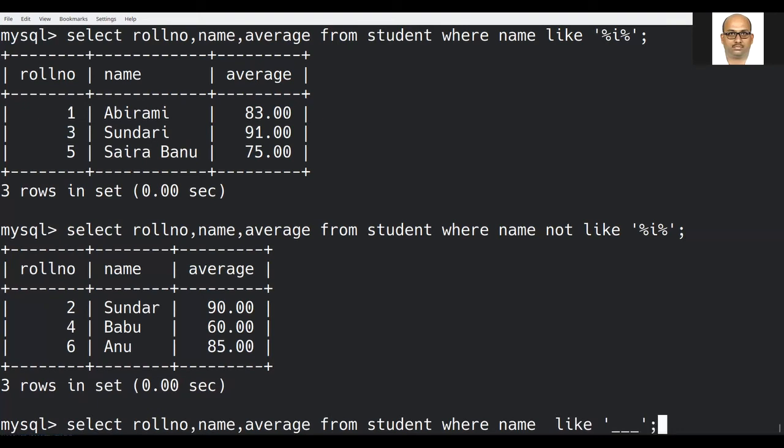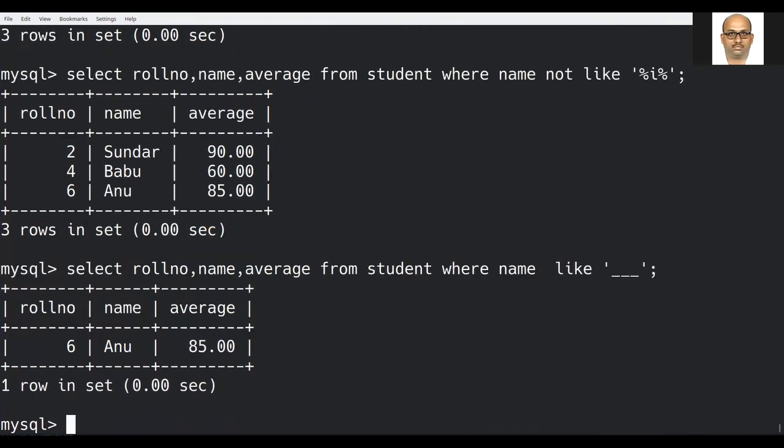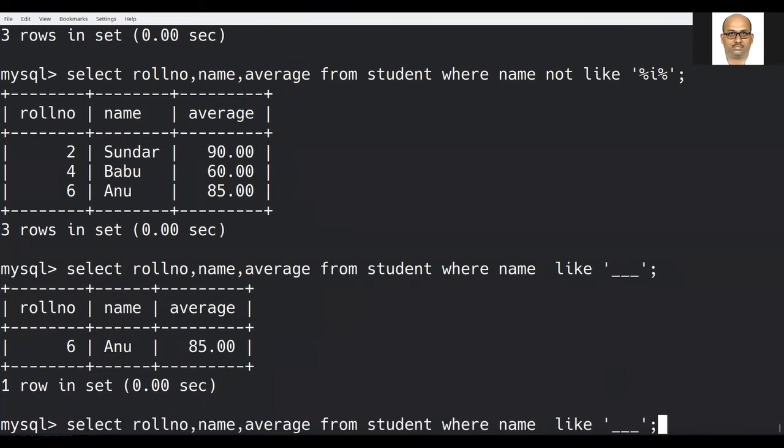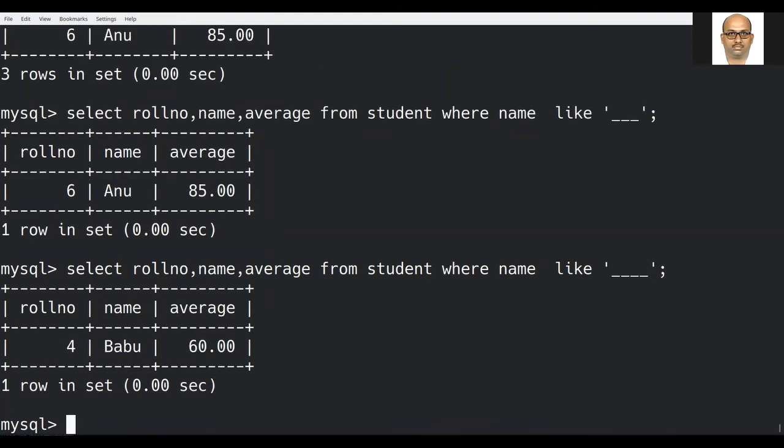Only one record will be fetched. Why? Because Anu is the only candidate. Then, instead if I give 4, only Babu comes.